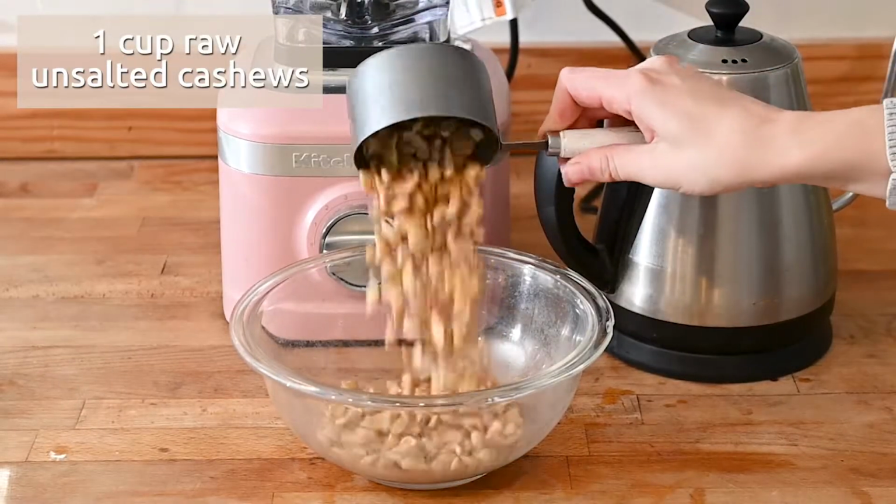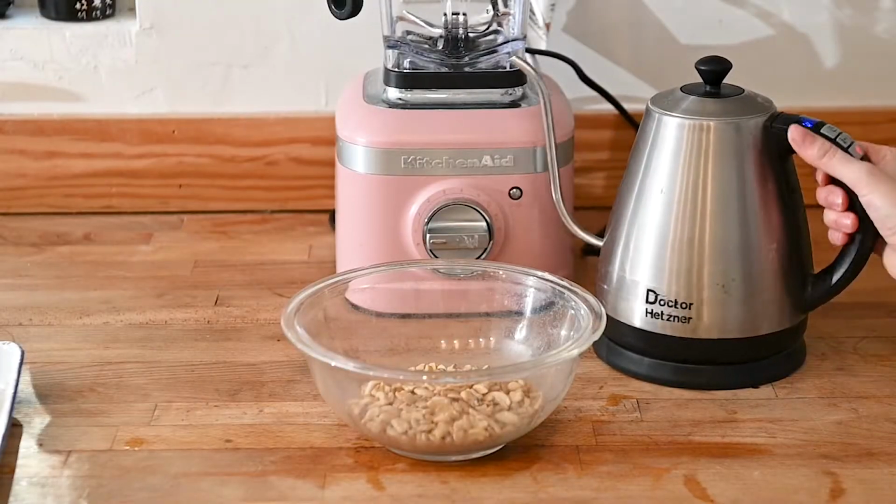If you're new to cashew cream, don't worry, I'm about to show you how to make it. It takes just about 15 minutes to make, and it's done by the time the pasta's cooking. So let's get started. The first step to make cashew cream is to soak 1 cup of cashews in almost